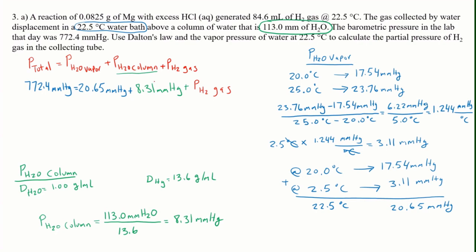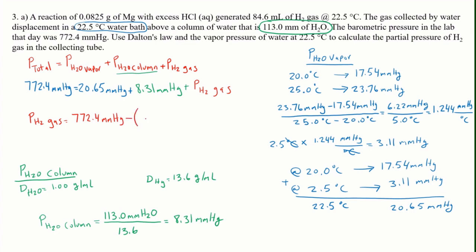I have the pressure in equivalents of millimeters of mercury for the water column. It was 113.0 millimeters of water, which will be equivalent to 8.31 millimeters of mercury. And now I could calculate and say that the pressure of hydrogen gas will equal 772.4 millimeters of mercury